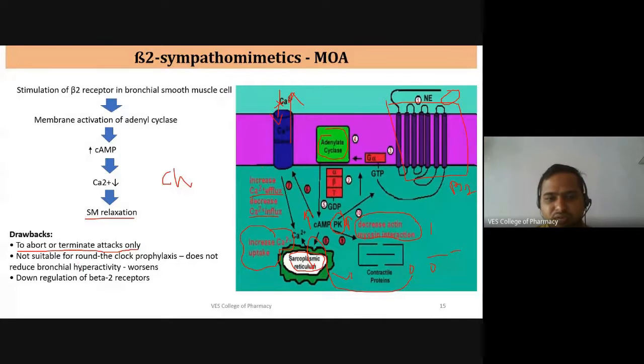Next one, not suitable for round the clock prophylaxis. We are not able to use this beta 2 agonist continuously. The reason is that they are not able to reduce the bronchial hyperactivity. The reason here is, when we use this beta 2 agonist for a prolonged time, the mechanism gets reversed. There is a down regulation of the beta 2 receptors. With more use, or long term chronic use of that beta 2 agonist, the beta 2 receptor undergoes down regulation. So ultimately we will not be able to get the beta 2 receptor